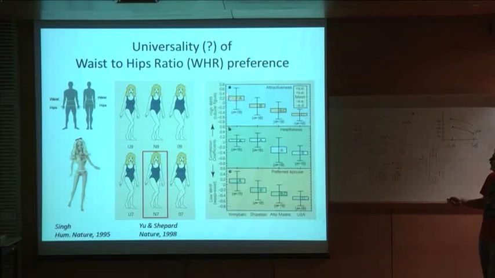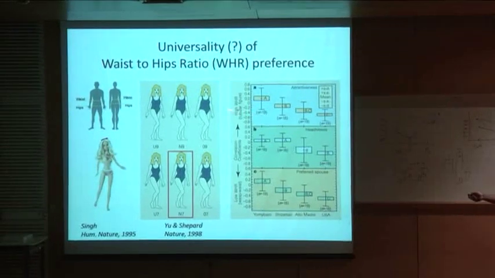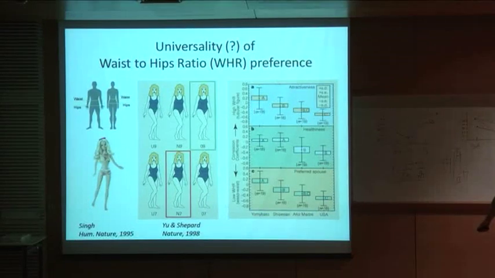And this is the correlation of the attractiveness, healthiness, and preferred spouse score to the waist to hip ratio. So you can see that, for example, for attractiveness, the remote Yomibato tribe actually prefer a higher waist to hip ratio than the Western group, and they also scored the figure with higher waist to hip ratio as more healthy, and